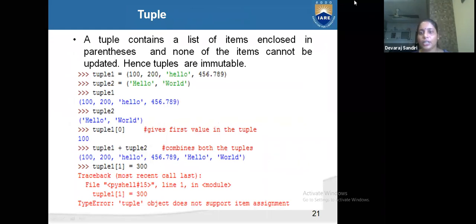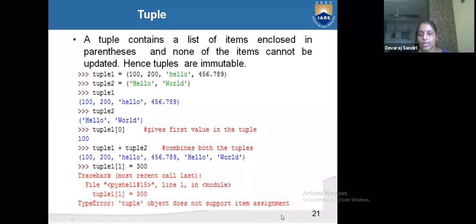You can ask your doubt. You understood now? Mutable, immutable, 129. Did you understand mutable, immutable? Yes, good. 176, what is a tuple?